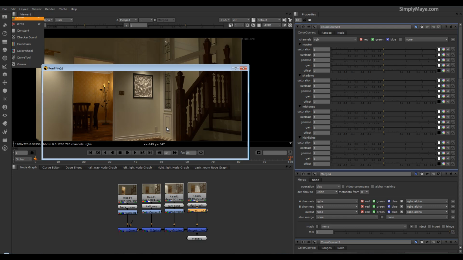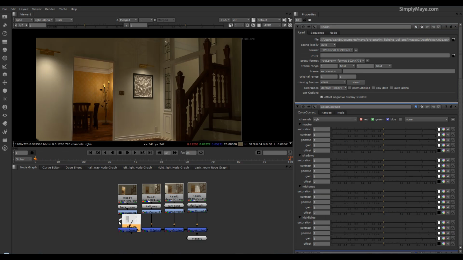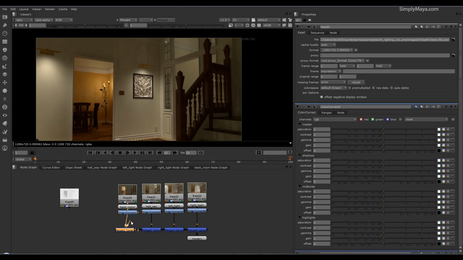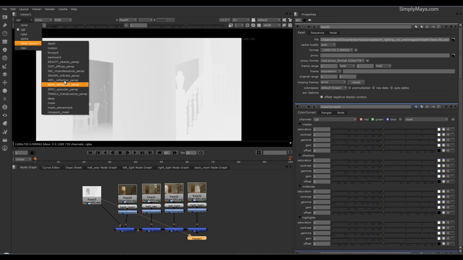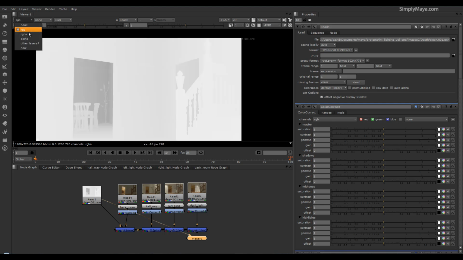So let's read in the file and depth. Okay, here is our depth layer. So I'll just connect this to B, and if I connect this to the camera you'll see that this is a standard RGB image. If I have a look under depth, nothing there. What we need to do is shuffle out that depth and then shuffle it in to, well, it's actually easier to show you. So I'm going to tab and